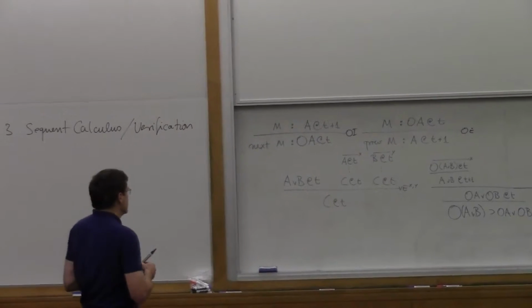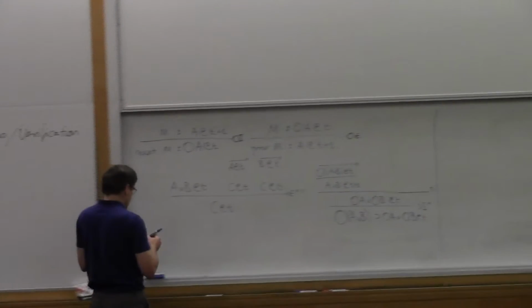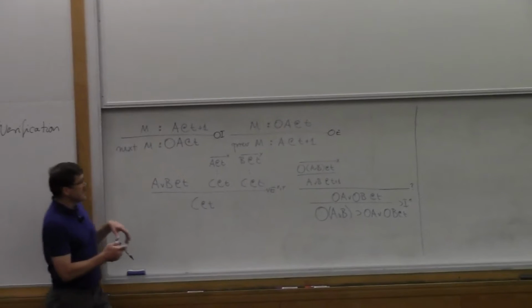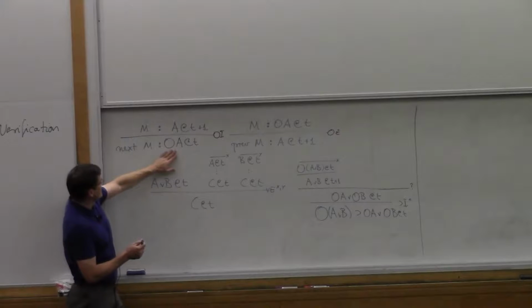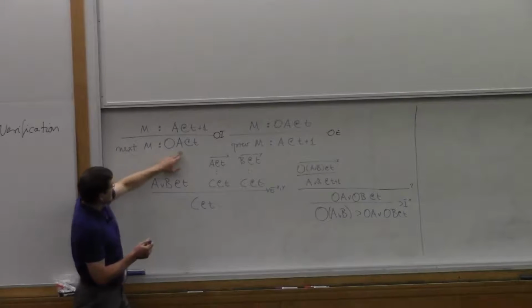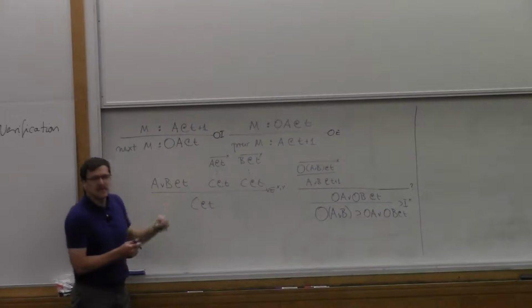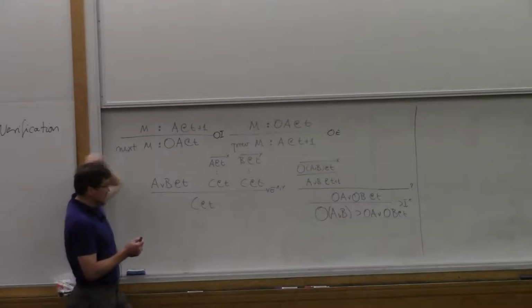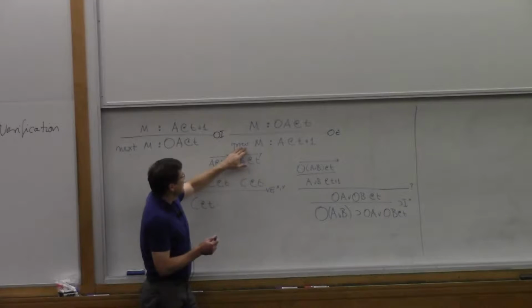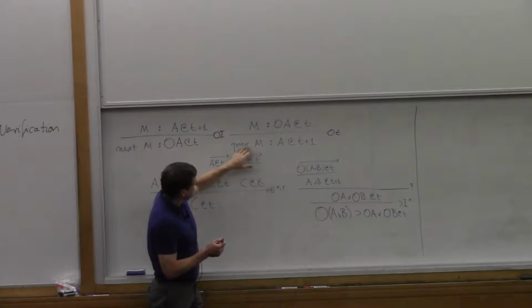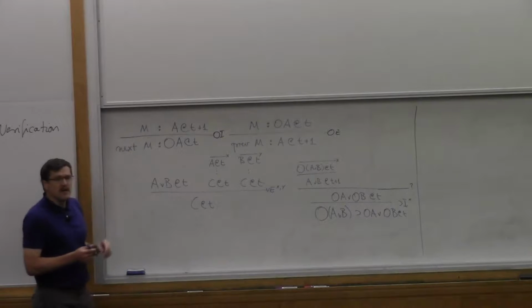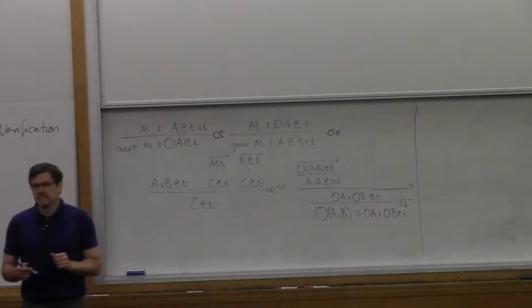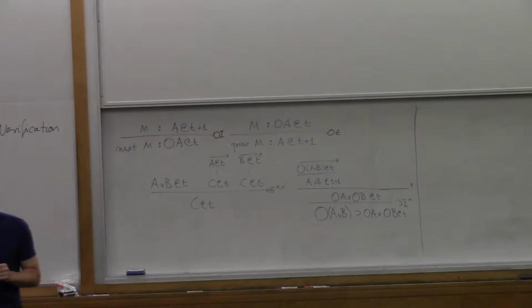Okay, so this seems pretty simple, right? Almost embarrassingly simple. You can check the reduction rule. I write the proof terms here. I say next of M has type circle A at time t if M has type A at time t plus 1. And then I have the opposite. If M has type circle A at time t, then prev of M has type A at time t plus 1. So next and prev allow me to go between the two time stages. Okay, these are just names, but that's what they are.